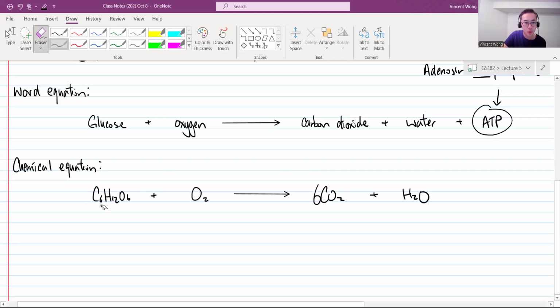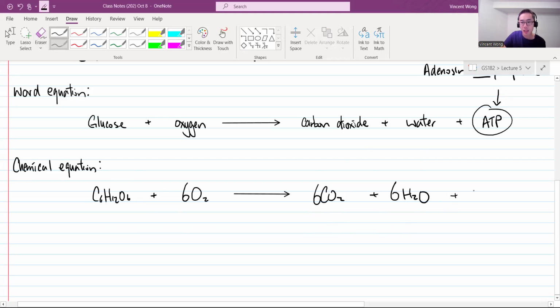Similarly, there are 12 hydrogen here, but only 2 hydrogen here. So 6 times 2 gives me 12. And let me just quickly check the oxygen. 6 times 2 is 12 oxygen. Don't write this down. This is 6. So I need 18 in total. I already have 6 here, so I need 12 more. You're going to learn how to balance equations properly in chemistry class, but the reason we do it is to obey the law of conservation of mass. That's what it's called. So that's the complete balanced chemical equation for the process of cellular respiration.